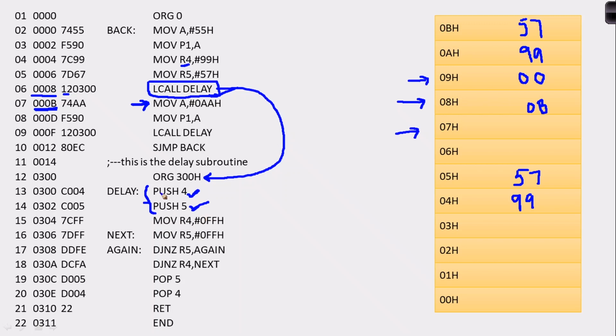Otherwise the contents of the subroutine will be different. Our stack works in terms of first in last out, or you can say last in first out.